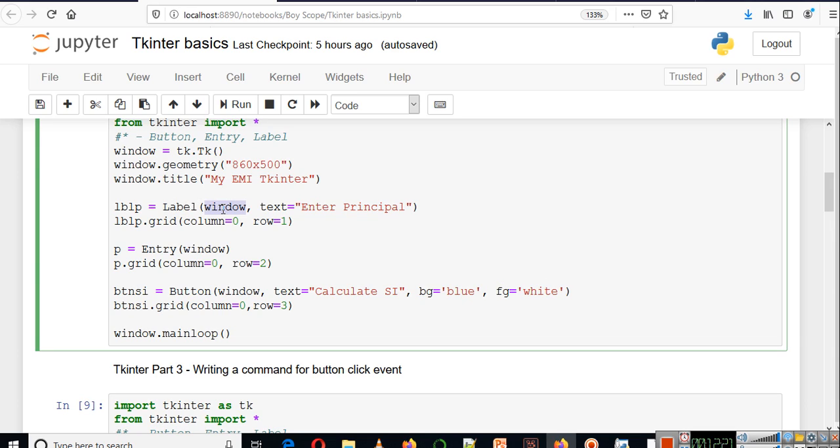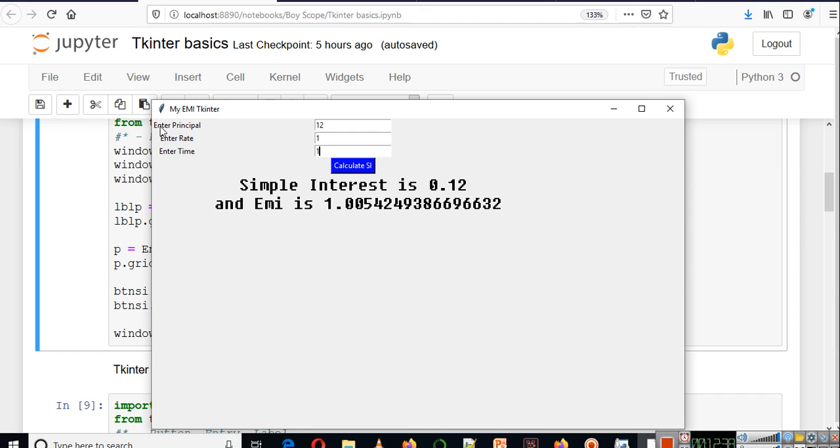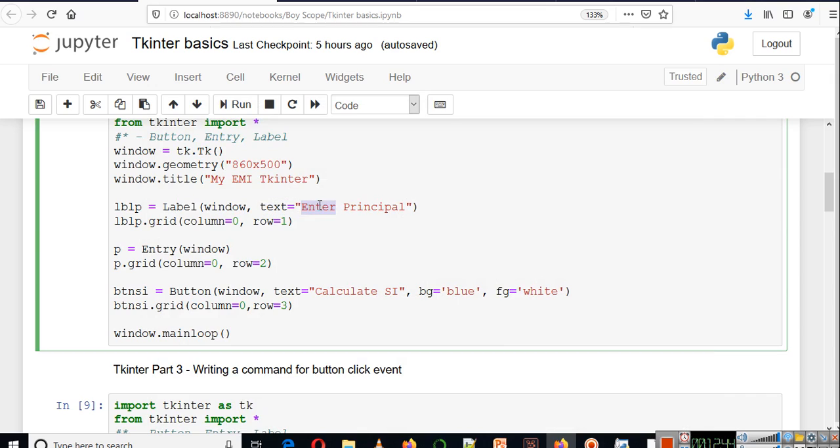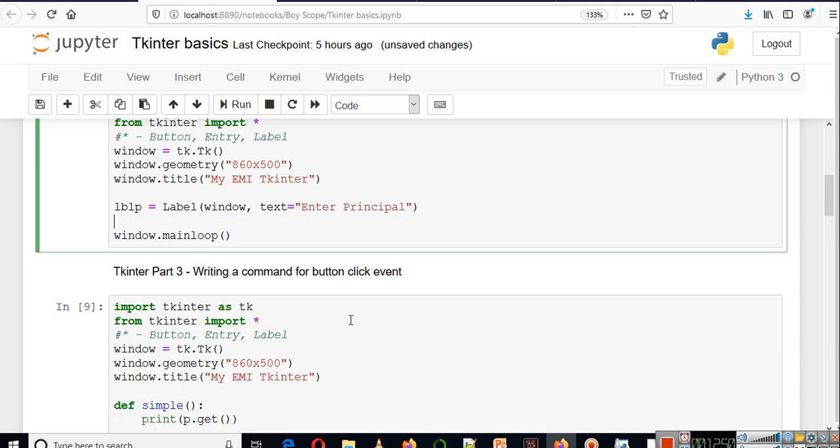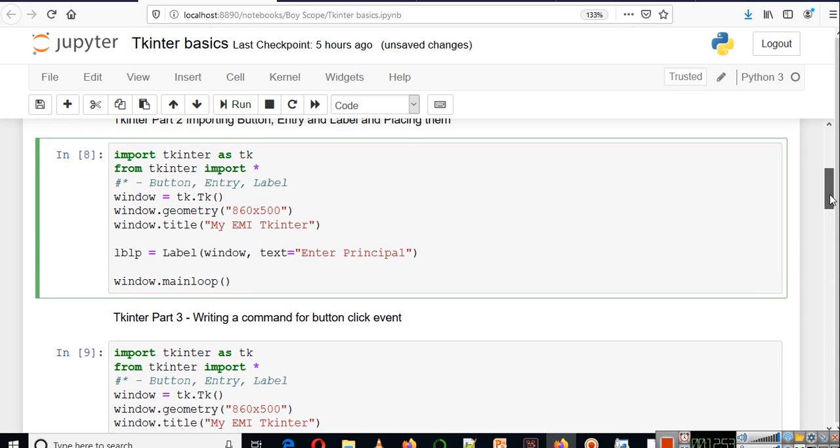The first argument will be the window in which you have to place this label, and then there will be the text that you want to display in this label. The text of this label is enter principal, so that's what we are providing here: text equal to enter principal. Now your code will look something like this when you have created a label. Remember, we have already imported button, entry and label by writing from tkinter import *.